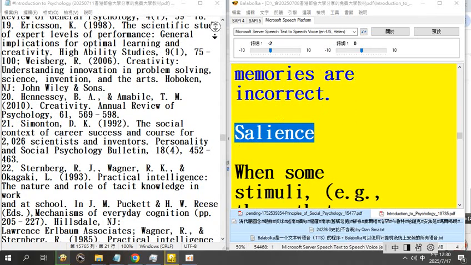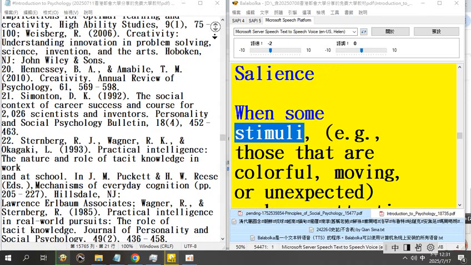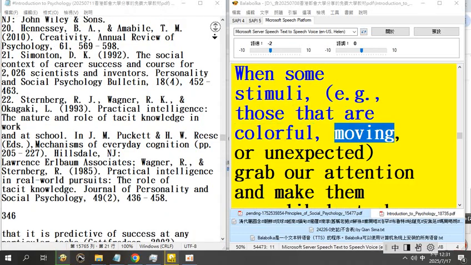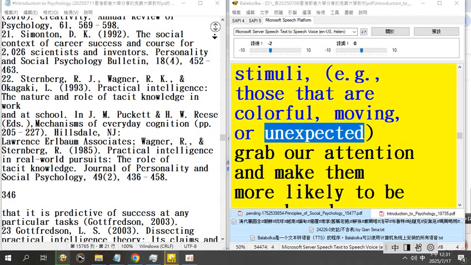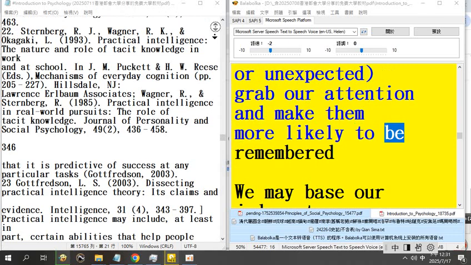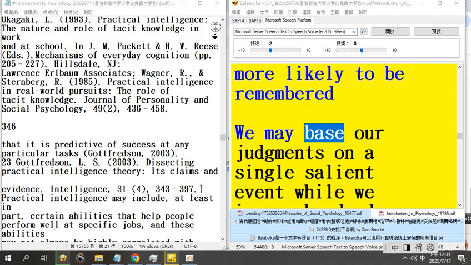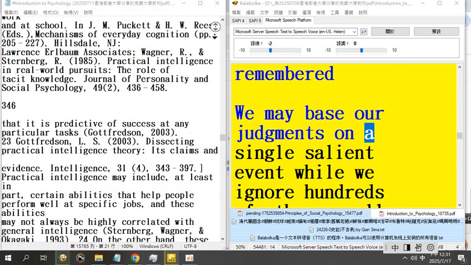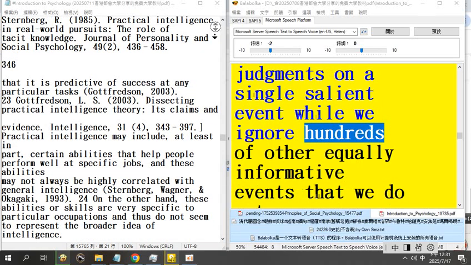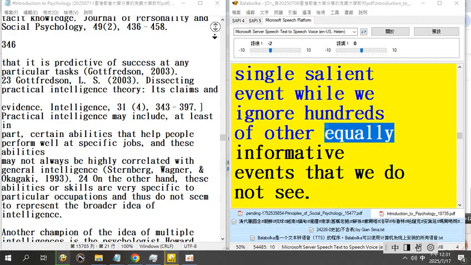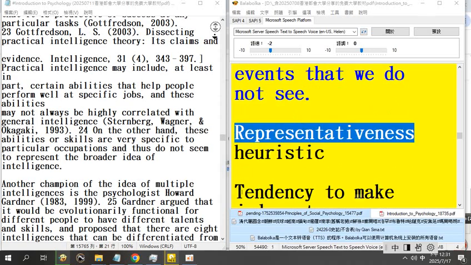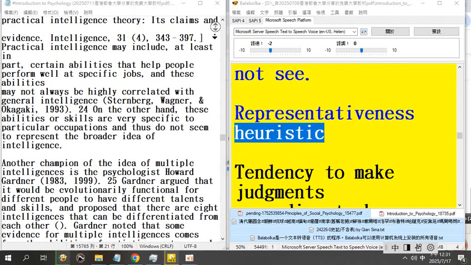Salience: when some stimuli, for example, those that are colorful, moving, or unexpected, grab our attention and make them more likely to be remembered, we may base our judgments on a single salient event while we ignore hundreds of other equally informative events that we do not see. Representativeness heuristic: tendency to make